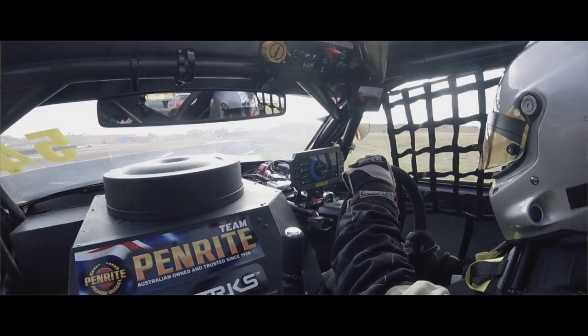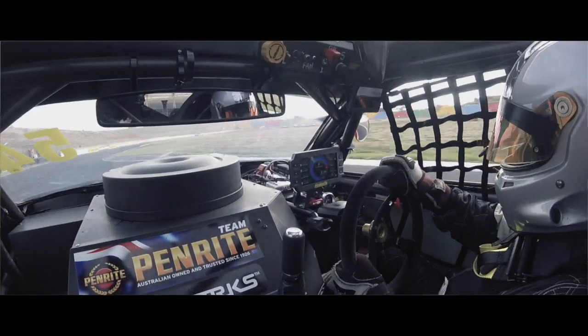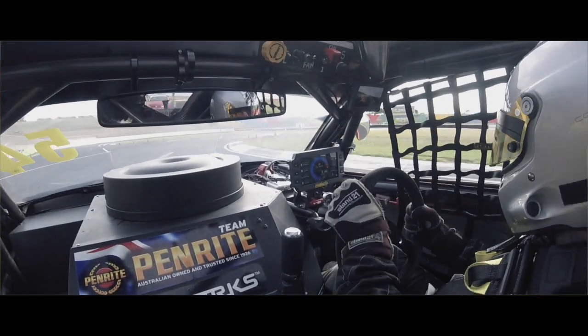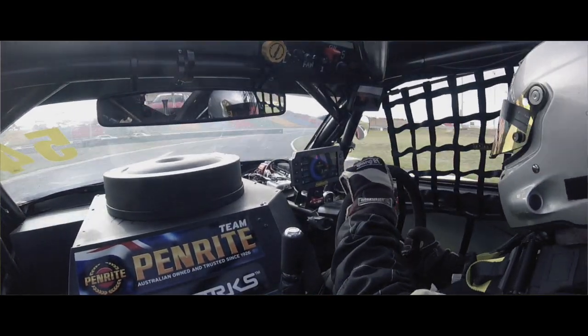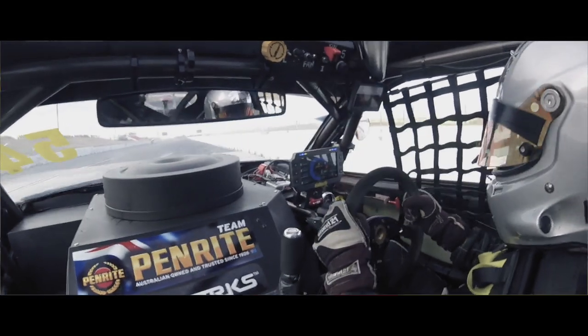So I am trying, but just be aware that I'm taking it pretty easy in the grand scheme of things. But as I've said, we just wanted to finish the races, and I wanted to stay out of trouble with any of the other cars. At least the black car is